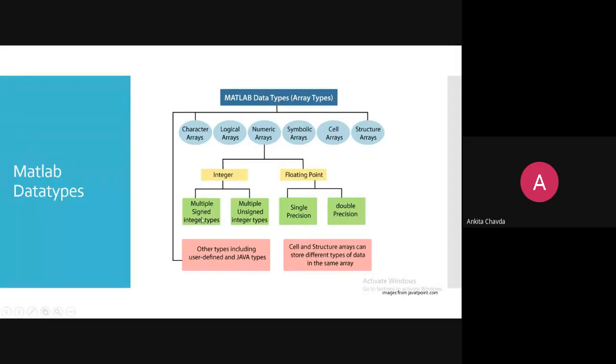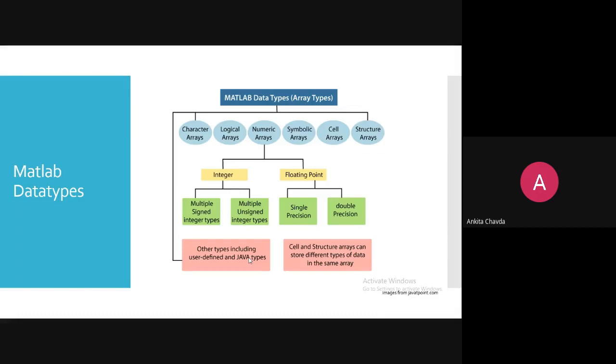So 4 for this and 4 for this, 4 and 4, 8. 8 integer data types you have. In the same way for floating point you have single precision and double precision, right? And all the other types, this structure and this character and all, include user defined data types and the Java types. You know already structure and that all are user defined data types, right?